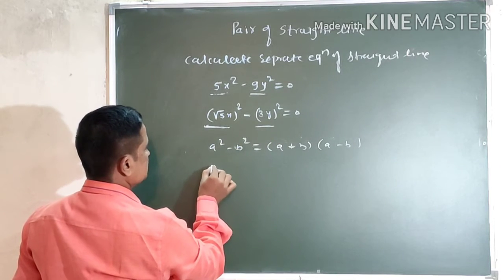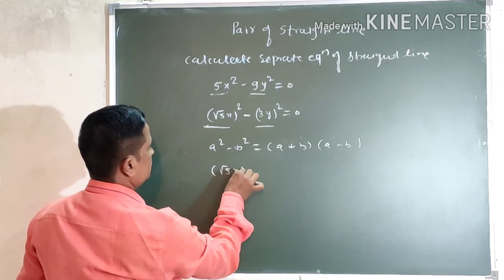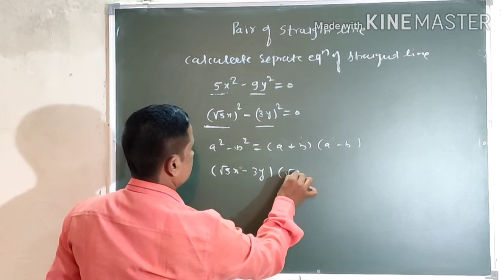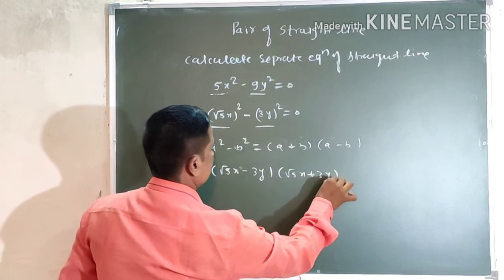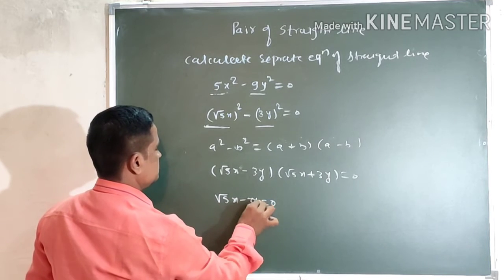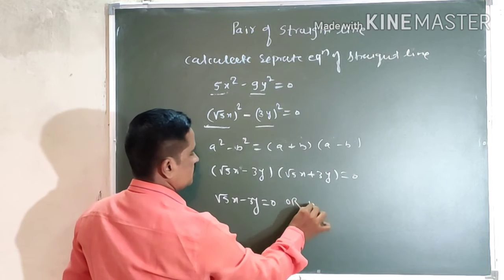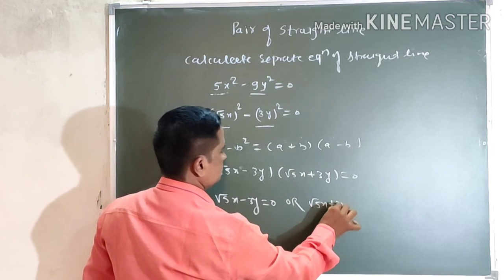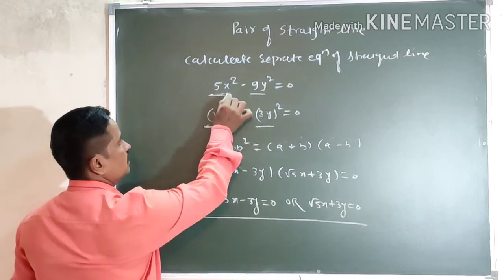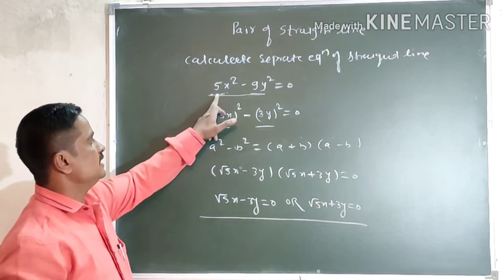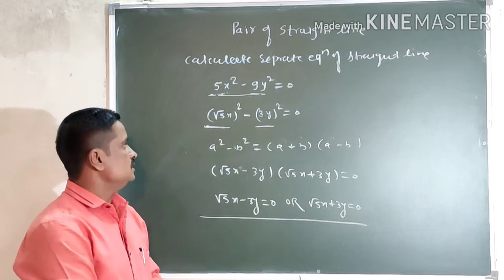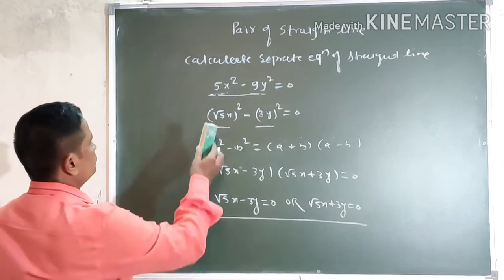That means we can write it as under root 5x minus 3y and under root 5x plus 3y equals to 0. That means under root 5x minus 3y equals to 0 or under root 5x plus 3y equals to 0. So these are the separate equations of this line, 5x square minus 9y square equals to 0. So again consider the next example,